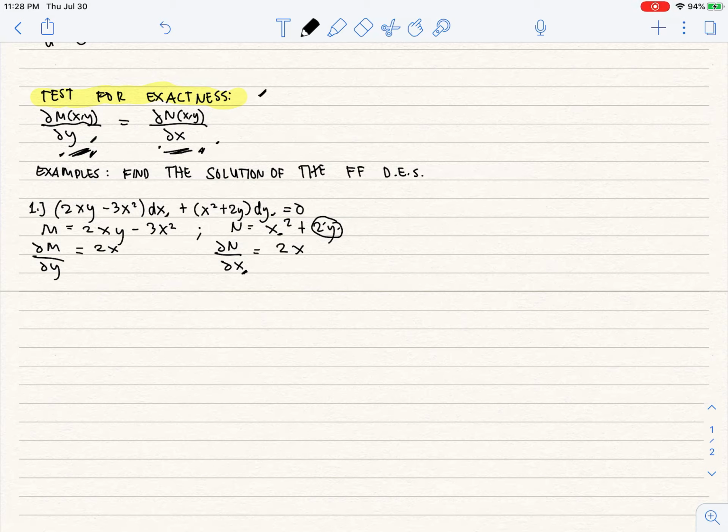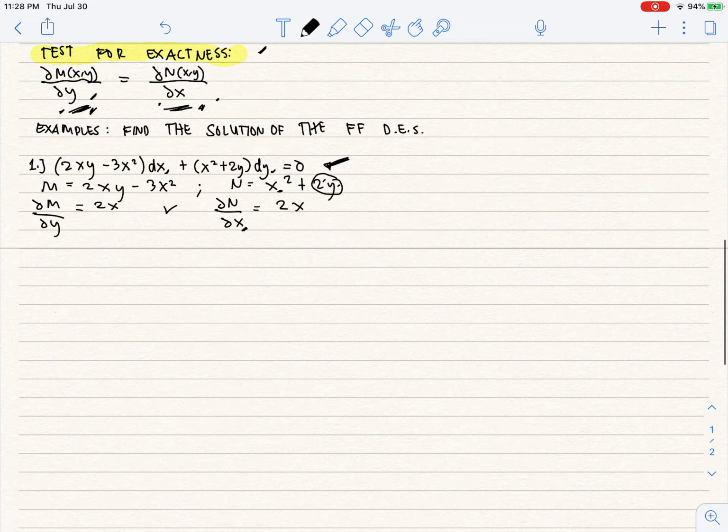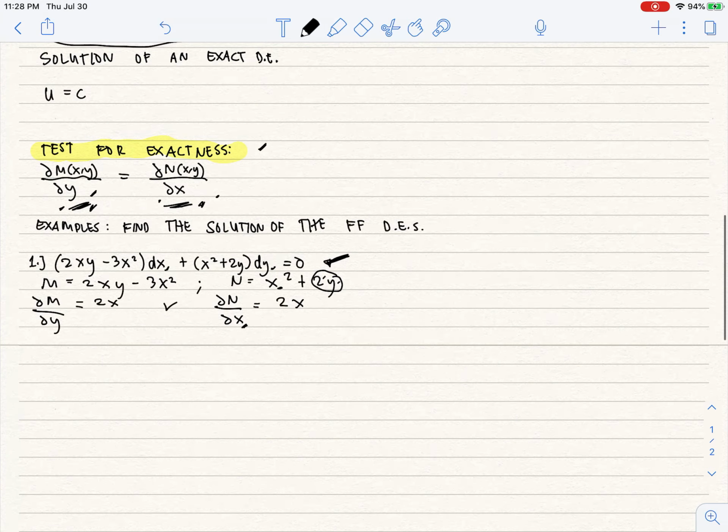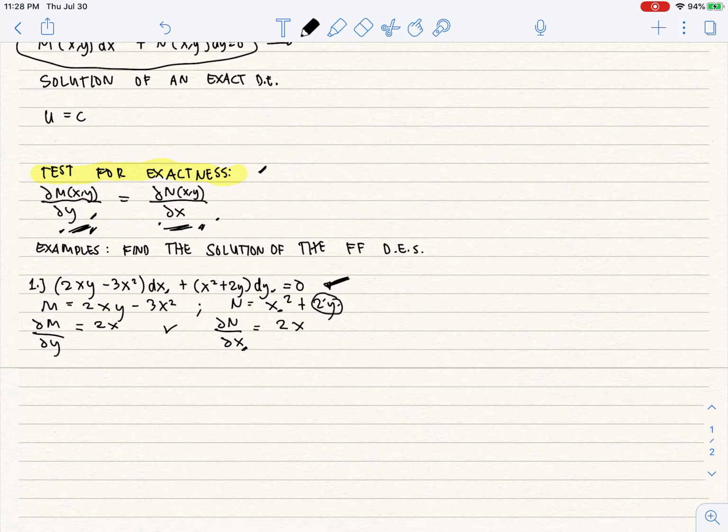Okay. So since the partial derivative of M with respect to y is equal to the partial derivative of N with respect to x, therefore this first example is an exact differential equation. Okay, so since this is an exact differential equation, we already confirmed it by using the formula and testing for the exactness. We are going to proceed with solving or finding the solution